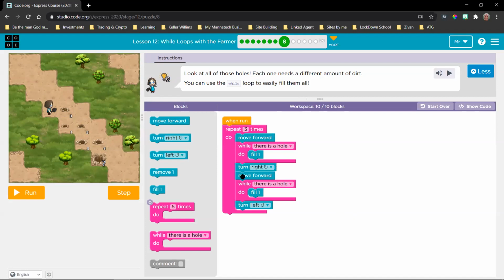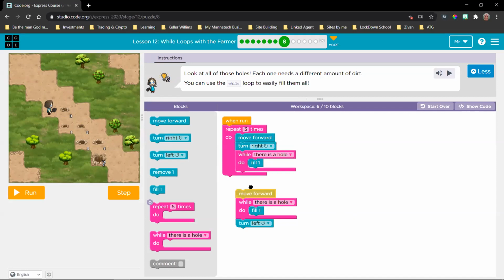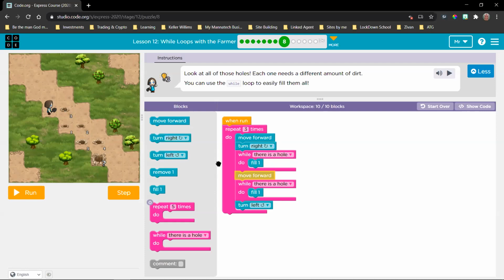So what I would actually like to do is to have the turn before that, so that these two are happening in a line, because it just makes it easier on my eyes what the pattern is going to be. All right. So we're going to move here, turn right. Then we're going to fill that one, but we only have a full one block, so we're going to fill one 3 times, right? But we didn't limit it to 3 times.